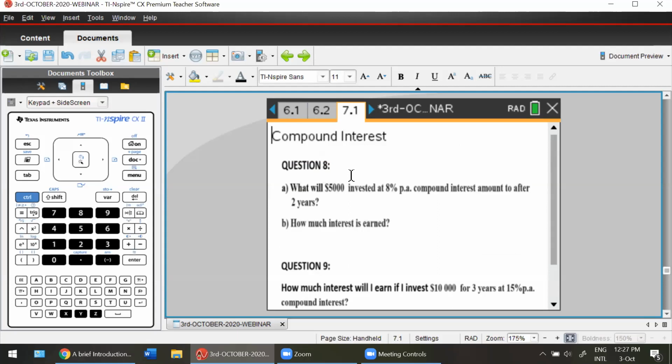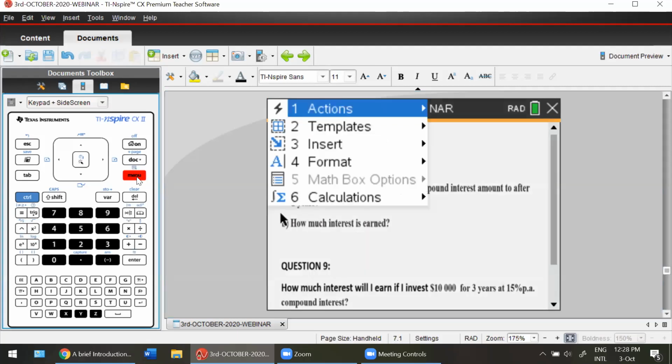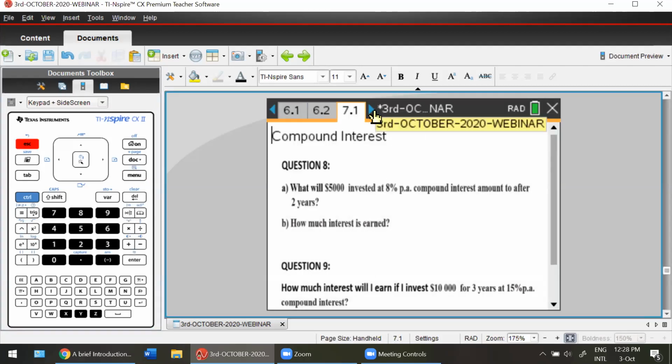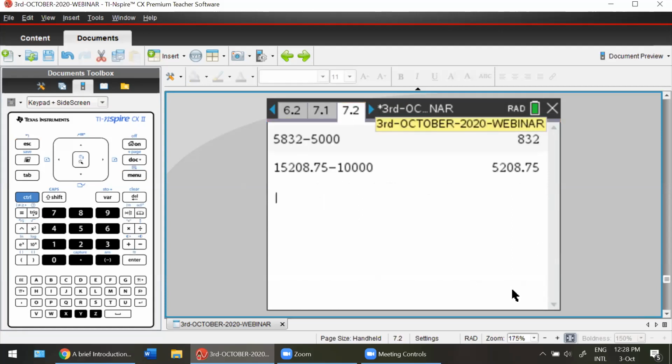Yeah, my pleasure. Okay, let's move on now to a little bit about compound interest. Okay, so what will $5,000 invested at 8% per annum compound interest amount to after 2 years? I know some people struggle calculating this, and at times even I do, but these are obviously easy questions, so not much hassle there. All you need to do is go to menu. Okay, oops, I'm in the wrong template, so I'm just going to press escape. This is my note template, so it won't come here. I need to go into my calculator page.